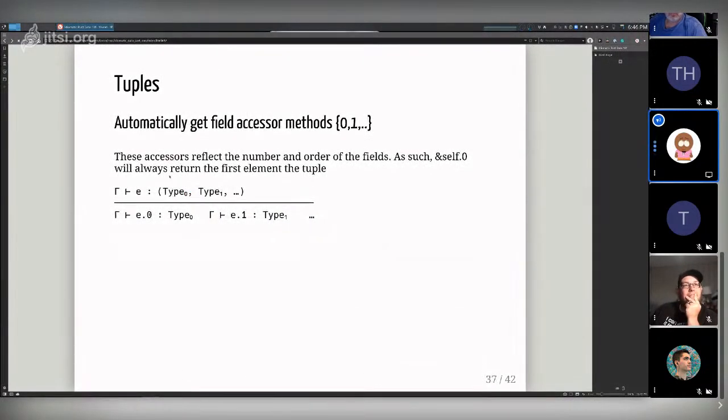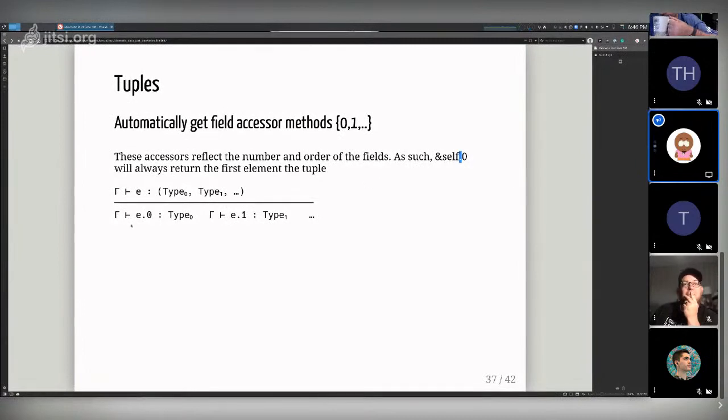So this is another really cool thing about tuples in Rust, that they automatically get field accessors: .0, .1, .2, and so on. These accessors reflect the number and order of the fields. So the first field of a tuple will always be .0, and it will always return the first element of the tuple.